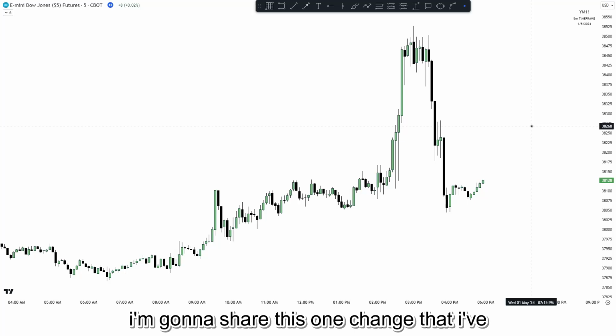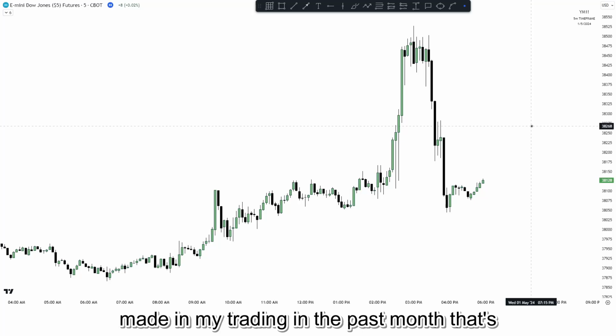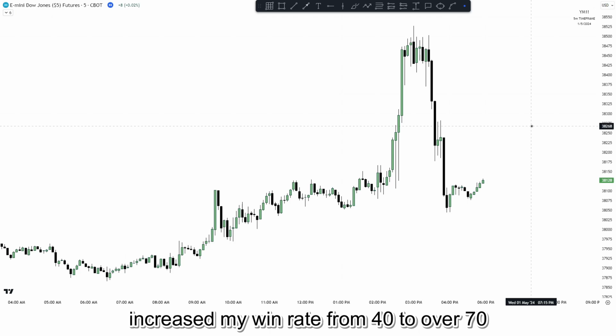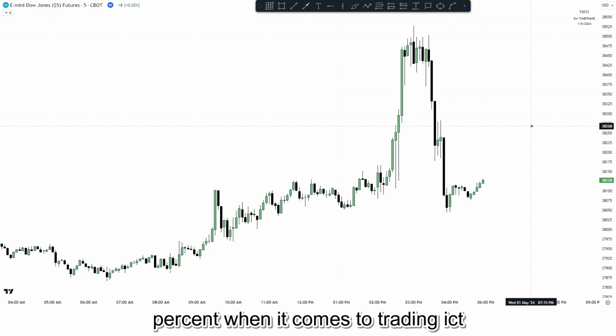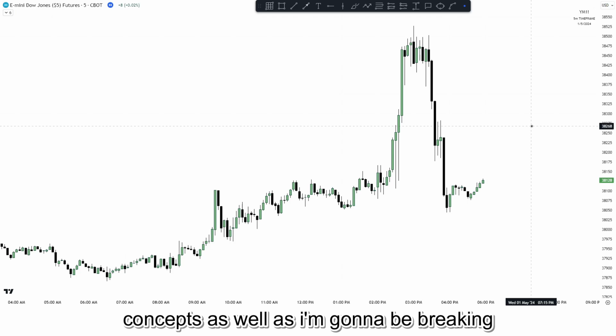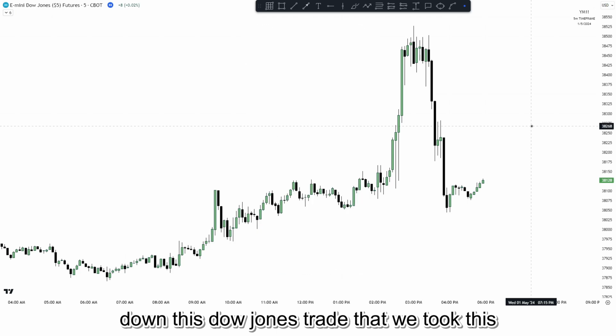I'm going to share this one change that I've made in my trading in the past month that's increased my win rate from 40 to over 70% when it comes to trading ICT concepts. As well as, I'm going to be breaking down this Dow Jones trade that we took this morning, which netted